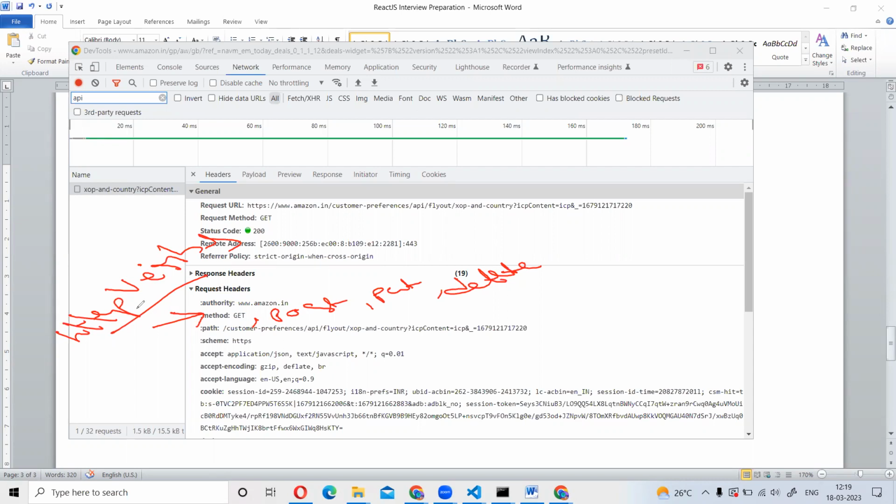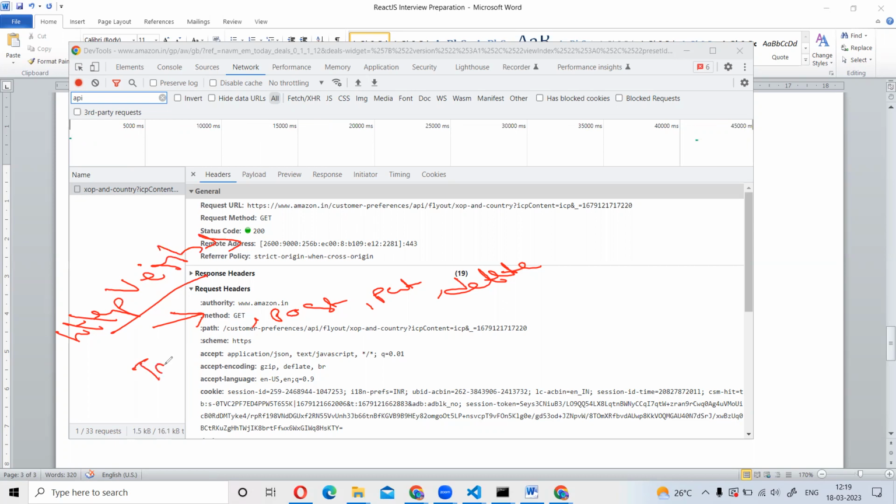So GET, POST, PUT, and DELETE are called HTTP verbs, and these are nothing but the methods to perform an action. Next, they will ask how to authorize your data. In the request we are going to add one token. How many types of authentication are there? Token based authentication,